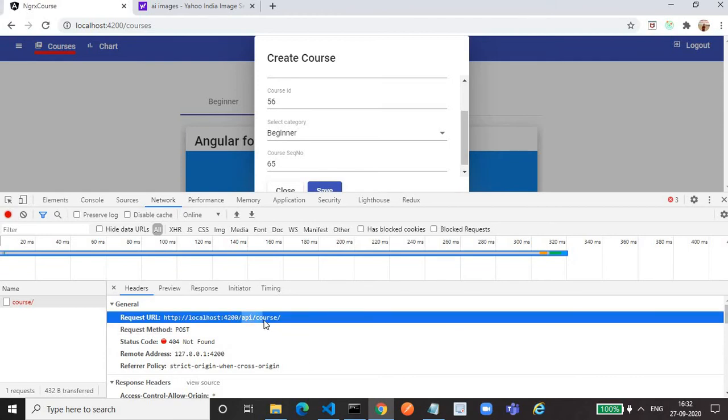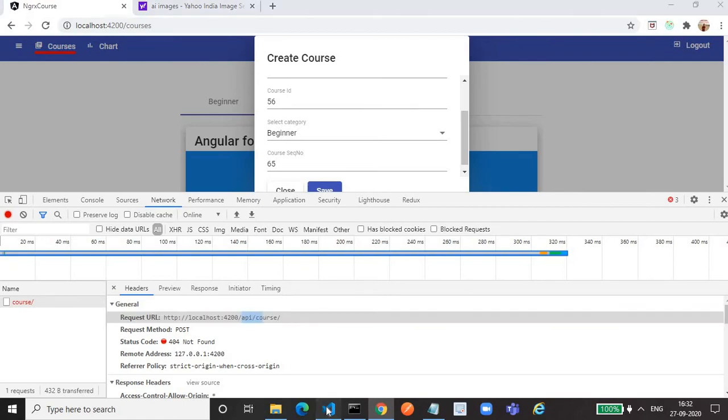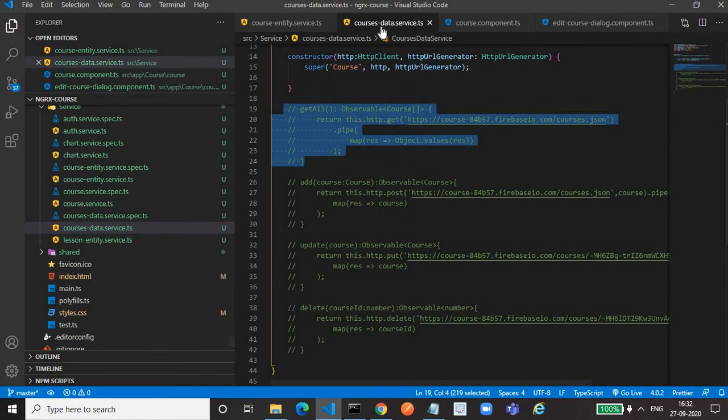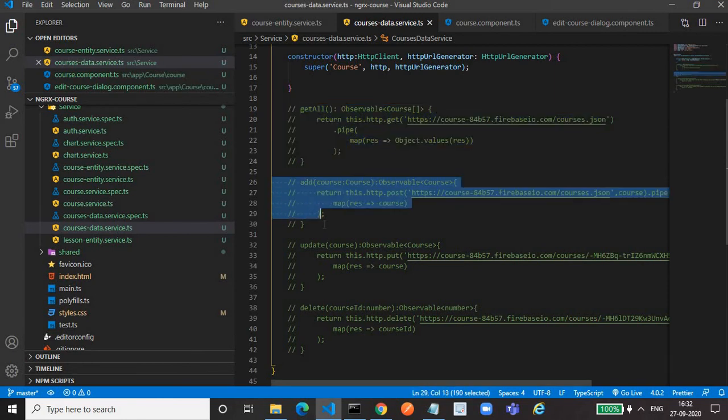Either we have to create the API in a similar fashion, or we can override this add method as we have done for the get all method. For overriding the add method, what do we have to do? We have to go to the data service method. Here is the function for overriding.